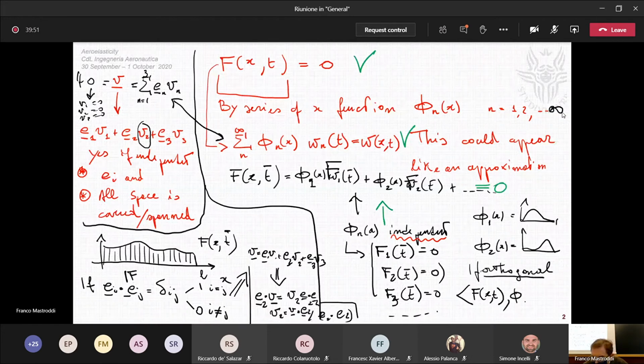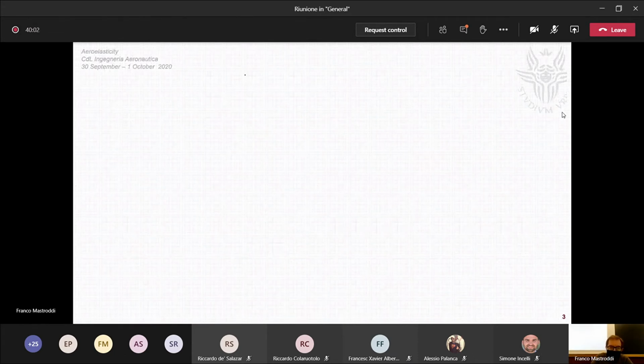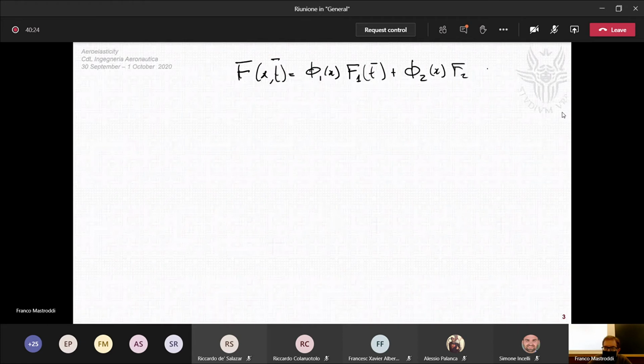And this is capital F_n. In fact, this demonstration is quite similar. You have f equal to phi1 by f1(t bar) plus phi2 by f2(t bar) plus phi3 and so on, plus all the other terms. Now, as before, take the inner product, the scalar product of this on both sides by